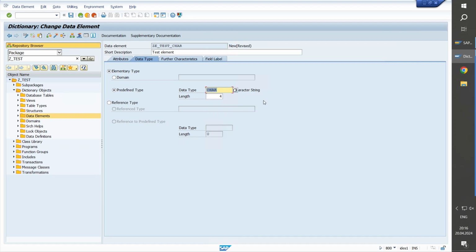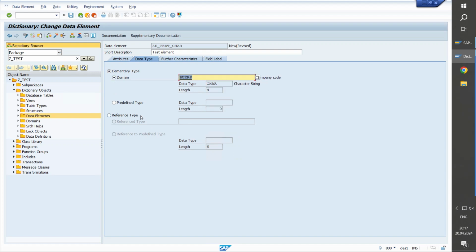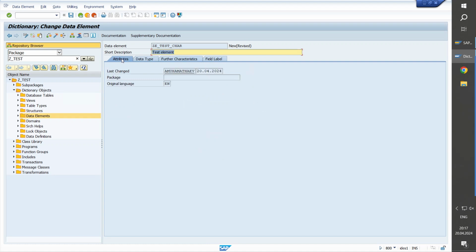I don't recommend you use this because if you work with domain you have more opportunities. For using ref type, it's the same as if you write in program code REF TO, but in real work I don't use this. If you use it, write a comment on how you use it. Attributes are only for information.